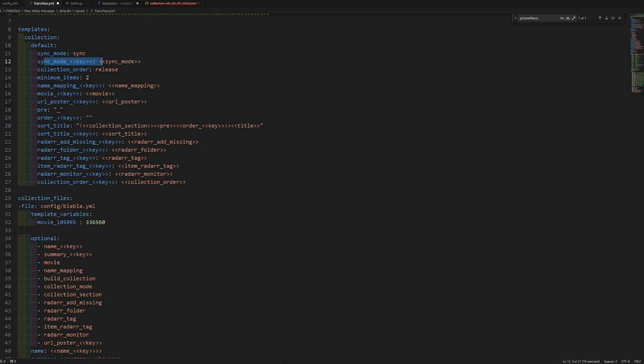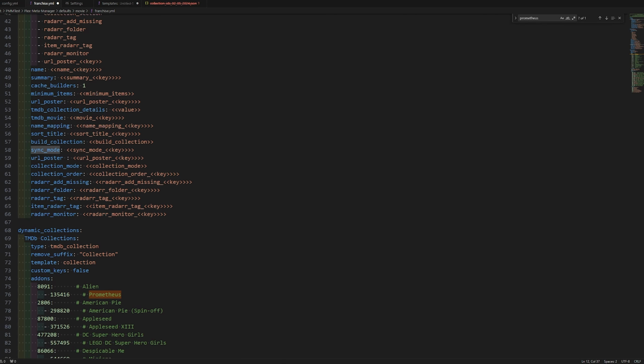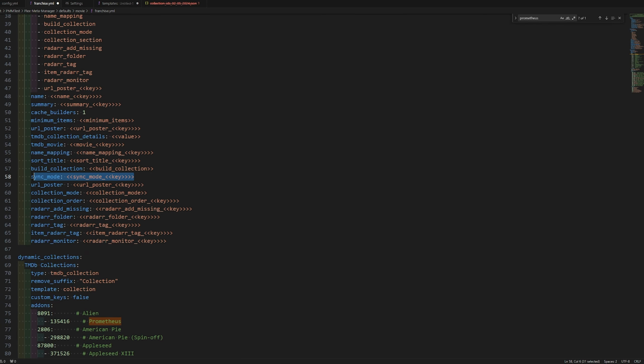So sync mode key is looking for sync mode. Now this might be confusing because you're like, wait a minute. So first let's start from the bottom. Always start from the bottom of these templates. So this one, sync mode key, just means, hey, if somebody defines a sync mode key, use whatever value they put after that. So if they do, for example,